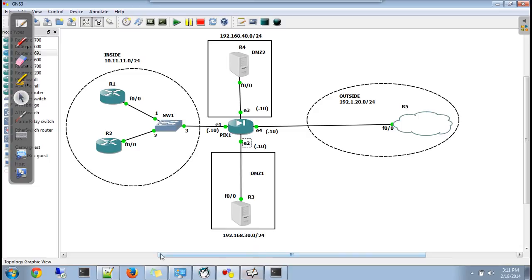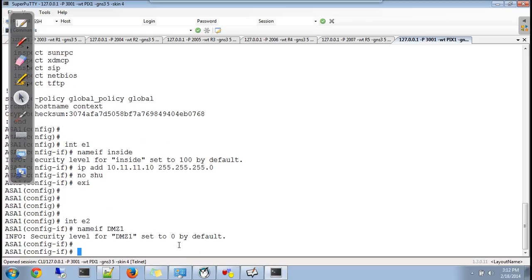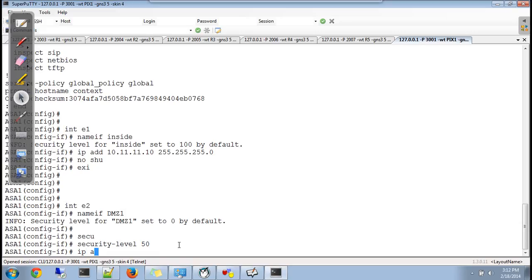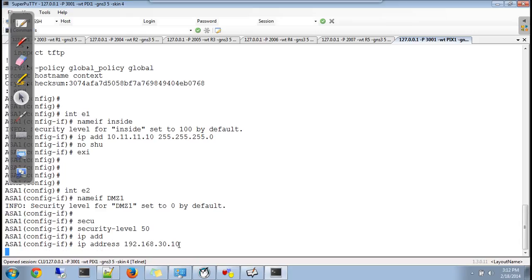The security level is 0. I don't want it to be 0, I want it to be 50, so I'll use the command security-level and assign the value 50. IP address should be 192.168.30.10. I'll not assign a subnet mask because I know it's class C /24. And finally no shut.